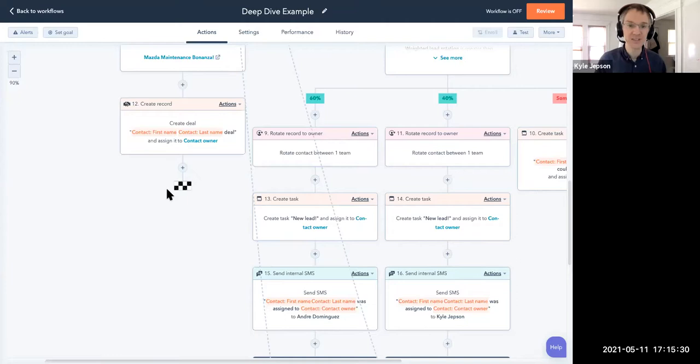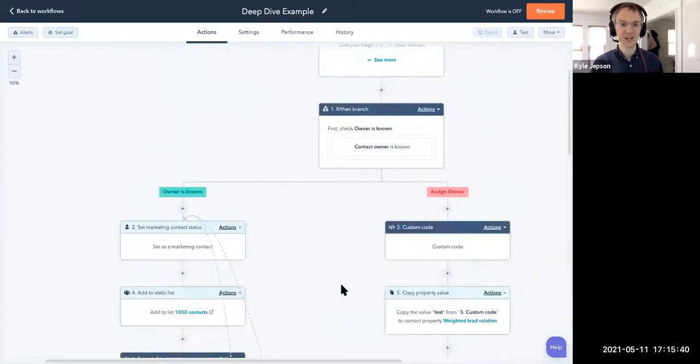You can update properties, you can assign records to owners, you can send emails, text messages, you can create tasks and records inside the CRM. There are a lot of different things you can do. You have branching logic and these dotted lines for connecting the different branches. To make sure you can really get down into the nitty gritty of how you're going to meet the needs of the people you're serving and make sure your records and your data are kept up to date in a meaningful way. So with all of that as sort of a whirlwind tour of what workflows are and what they can do,